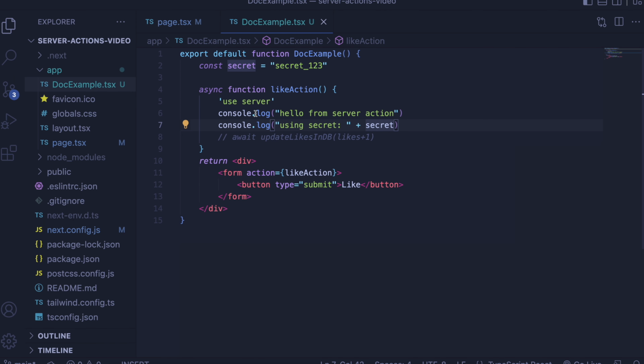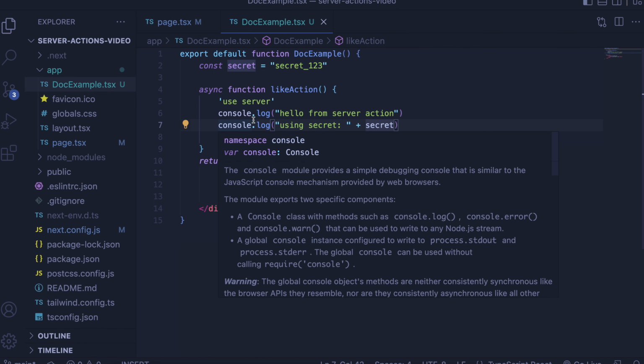That's because we were using this variable inside our server action, and that's not immediately apparent in an example like the one I was showing, which is why you would have to be really careful